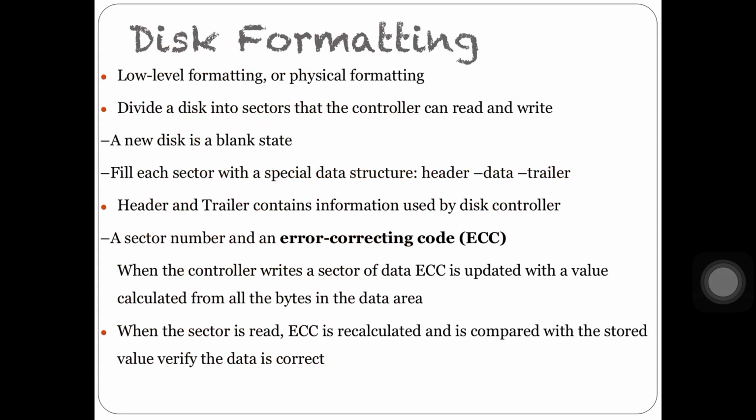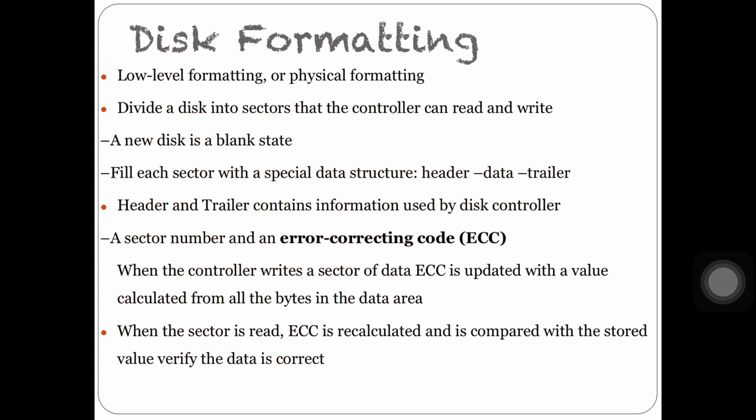So low level formatting fills the disk with a special data structure for each sector. The data structure for a sector typically consists of a header, a data area, and a trailer. The header and trailer contain information used by the disk controller, such as a sector number and error correcting code.